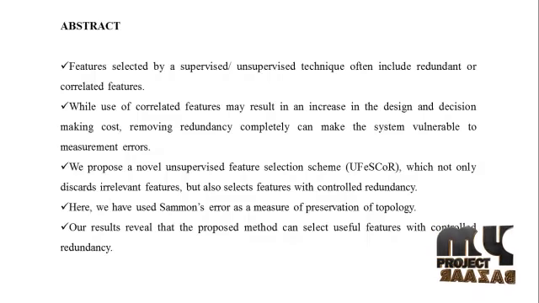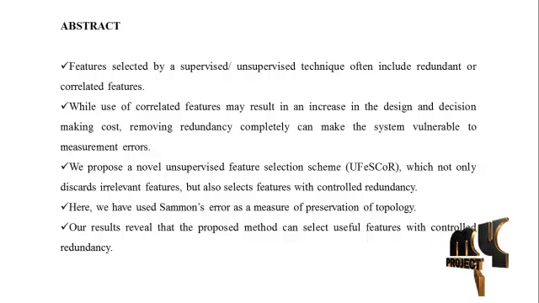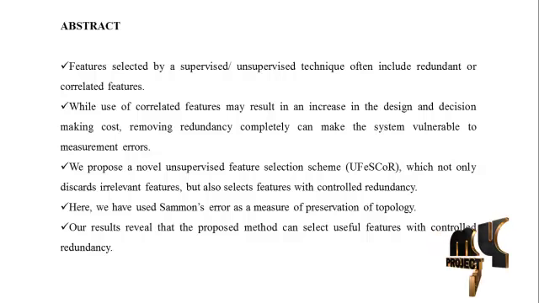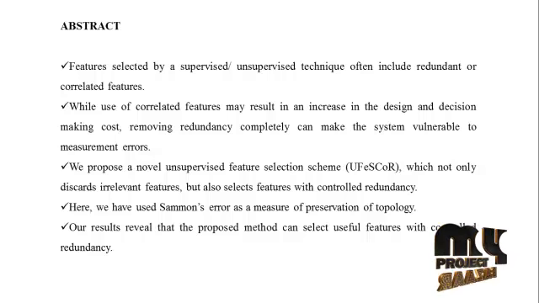This is our project abstract. Features selected by an unsupervised technique often include redundant or correlated features. While the use of correlated features may result in an increase in the design and decision-making cost, removing redundancy completely can make the system vulnerable to measurement errors. Most feature selection schemes do not account for redundancy at all, while a few supervised methods try to discard correlated